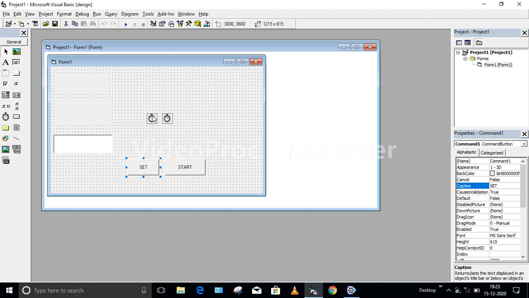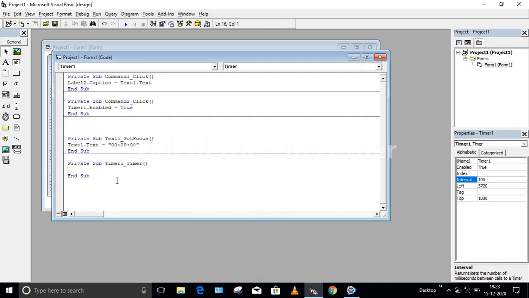Now let us write the code for timer 1 and timer 2. Double click on timer 1. Here I will write If Format. I am going to use the Format function here on the time. I want the time to be displayed in the format of hours, minutes and seconds; it depends what type of format you want. So I am taking this one, and this particular format I am using for label2.Caption.